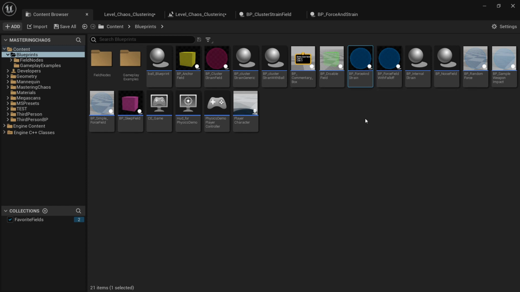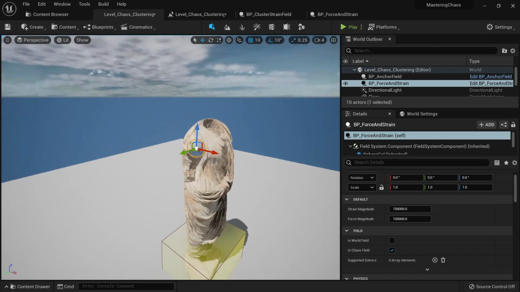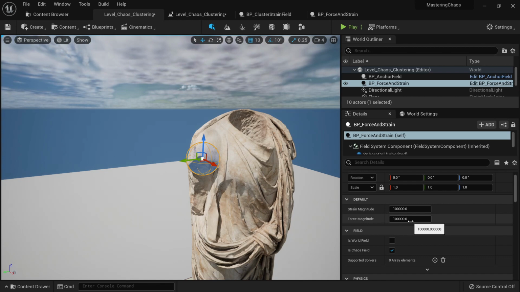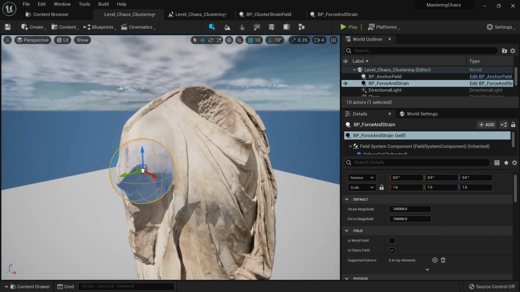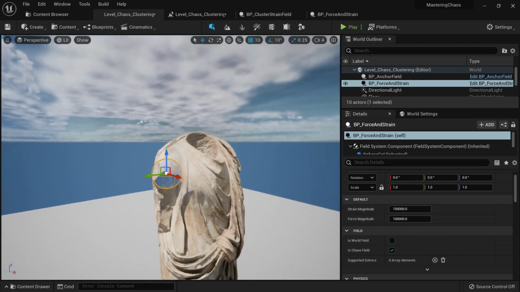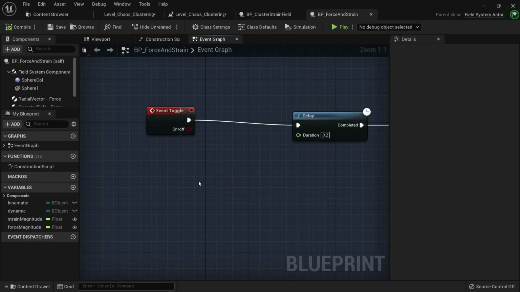So another important field is the force and strain. Compared to only the strain field, this one comes with a force parameter. So if I put it here, you will see that I have a strain magnitude and a force magnitude. The strain will determine if I'm strong enough to destroy the mesh, and the force will determine how much force I apply to destroy the mesh. Essentially, if this number is higher, the pieces will go flying, and if this number is lower, they will just